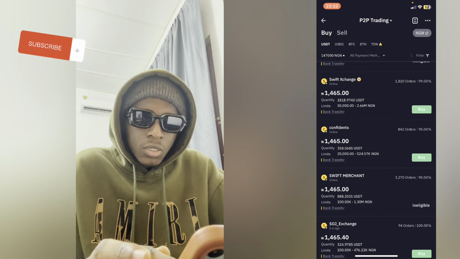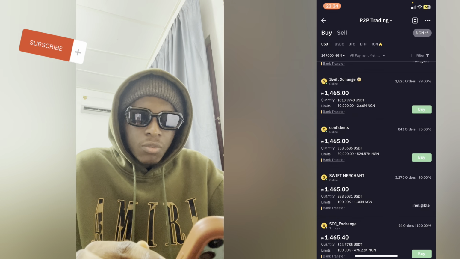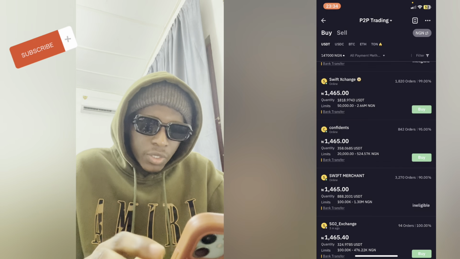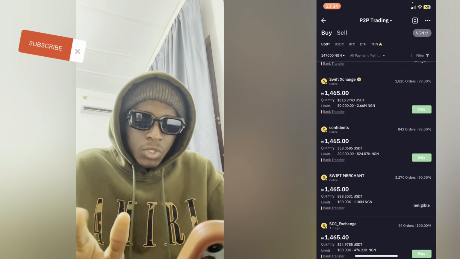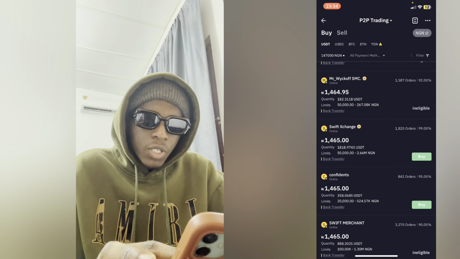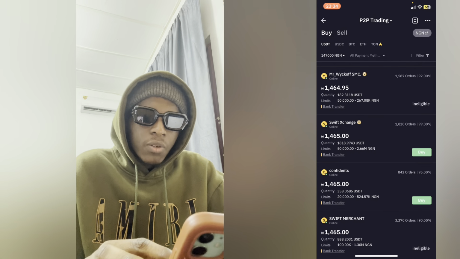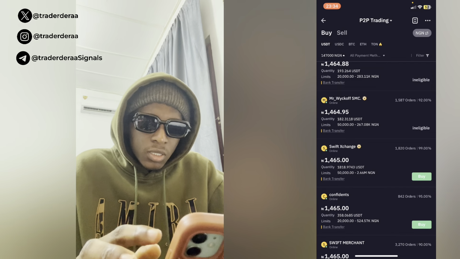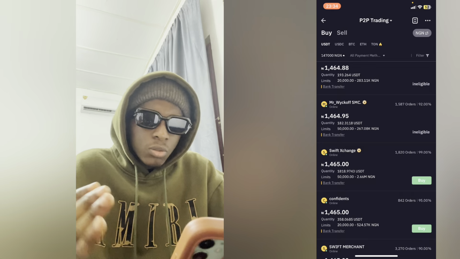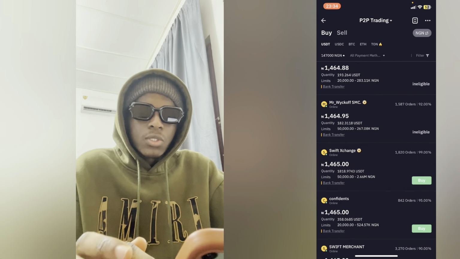Then the next person is giving a rate of 1,465. His completion rate is 95%, and his limits are 20,000 naira to 527k. That means he can also pay us. Well, let's just go with Swift Exchange, right? You can see his verified badge up here, verified. I mostly prefer transacting with people who are verified, right? The reason this guy is ineligible for us is because the amount we are requesting is very close to his margin, so he can't actually transact with us. So we just tap on buy,